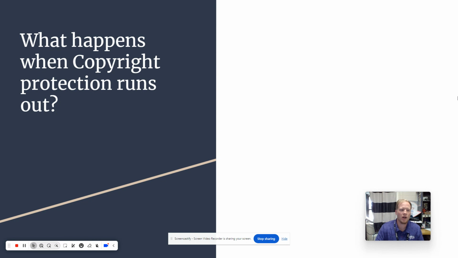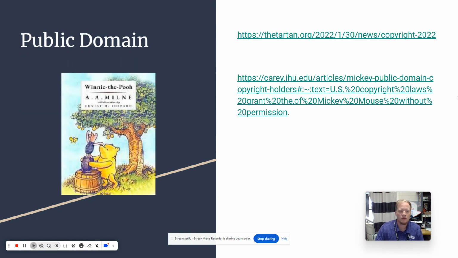Now, what happens when copyright runs out? Well, for example, A. A. Milne is the original content creator of Pooh, right? And if you guys have paid any attention, Pooh, and this is the original, doesn't have the red shirt. And so that's part of it. There has been a rendition where Pooh has a red shirt. That's what he's most noticeably known for. But if you have noticed, Pooh and different